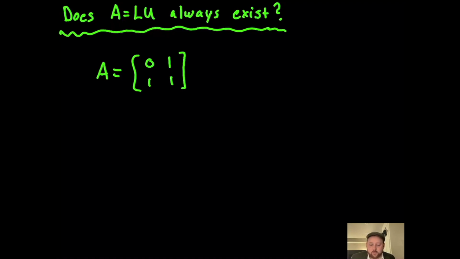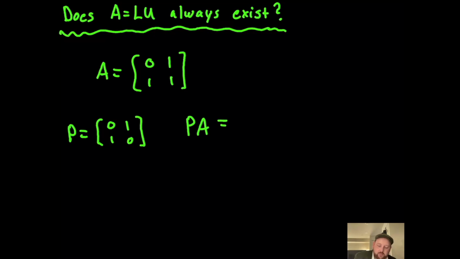And so if you were doing, say, Gaussian elimination, you probably know from maybe Math 22 that you can swap rows. That's another operation that you can do that doesn't change the solution or the solution space to the linear system. You will have to permute the right-hand side vector as well, but you can do this. And so what you might have done in 22 is you introduce a permutation matrix. I'm going to call it 0, 1, 1, 0. And what this permutation matrix does, you can kind of stare at it and think about it. It will swap the first and the second row when I multiply on the left, right? So if I take PA,